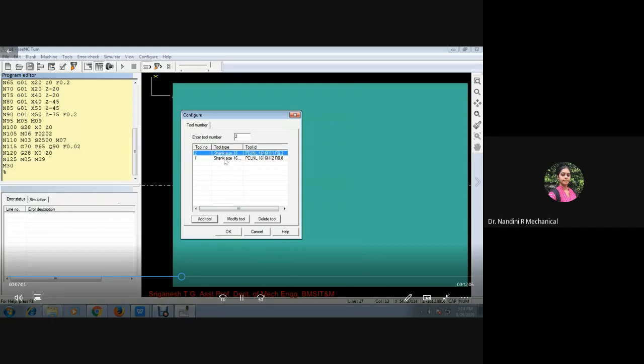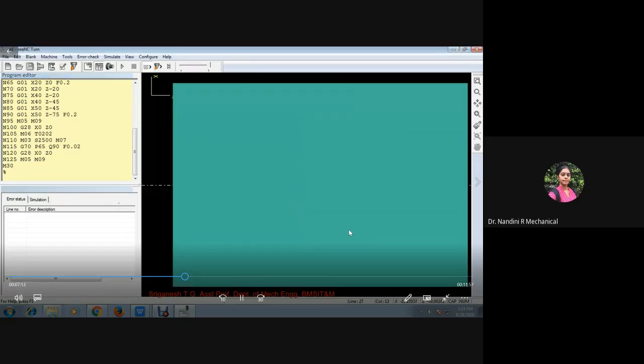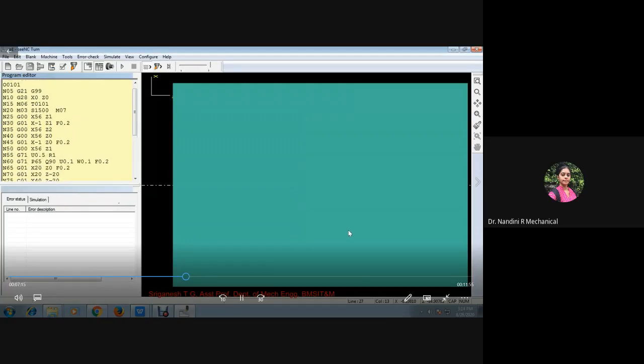So here 2 tools are added now. One is for rough turning and one is for smooth finishing. Then you press OK. So you have the 2 tools in your database now.